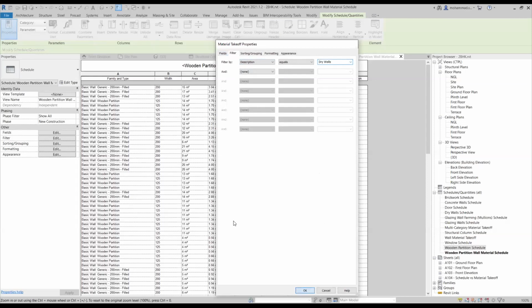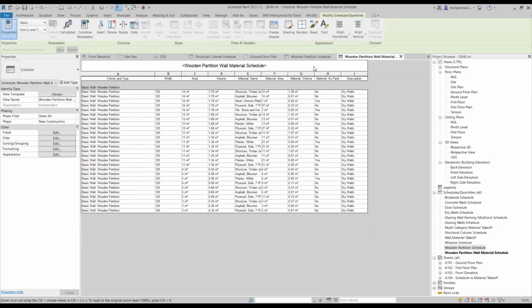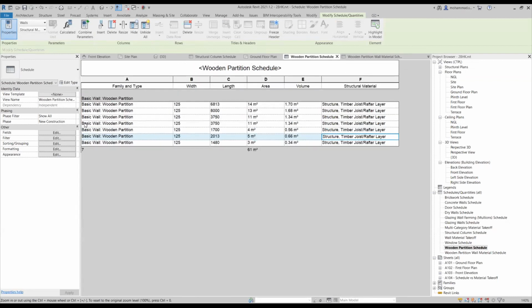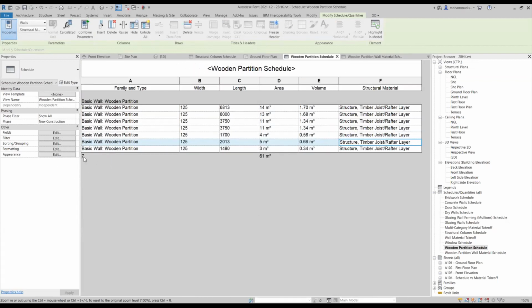I'll accept this, and as you can notice, these two schedules are of the same components. This schedule is only comprised of wooden partition, but it does not have so many fields. In this case, I've got only 7 fields. I'll zoom in, and as you can notice, only 7 fields are given here.